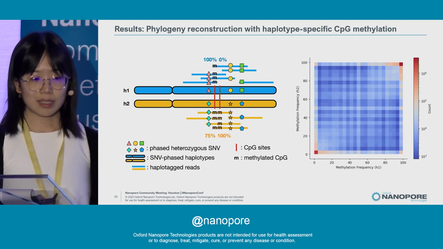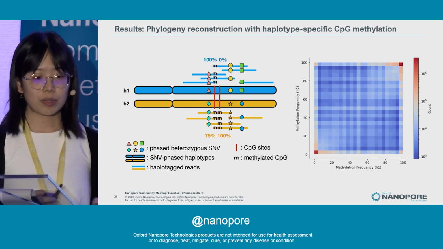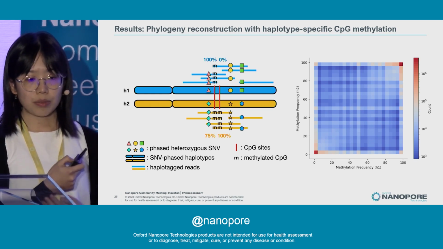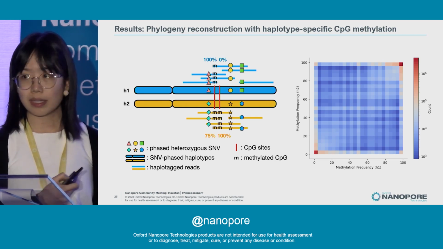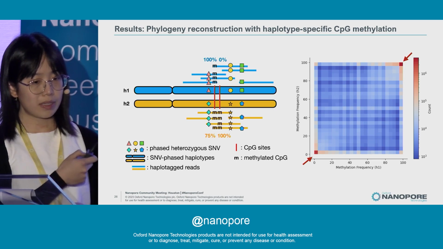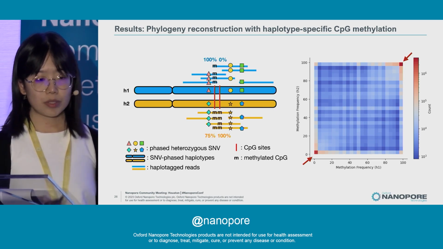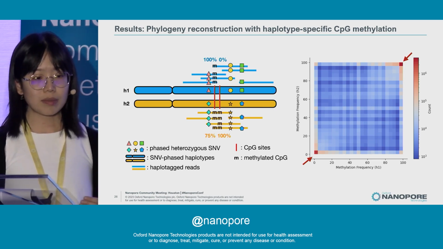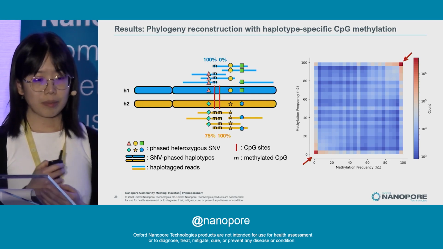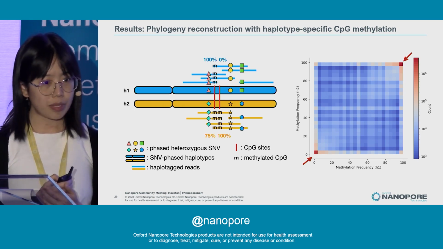The x-axis contains bins for methylation frequencies for one haplotype, and the y-axis for the other. And the heat map counts the number of CpG sites with respective methylation frequencies along either haplotype. The high counts on the bottom left and top right indicate that a majority of CpG sites have consistent methylation status within reads tagged with a particular haplotype, and that the methylation status are usually the same between the two